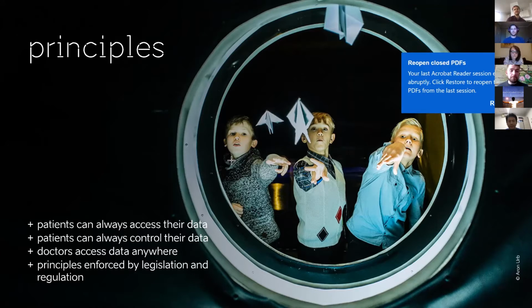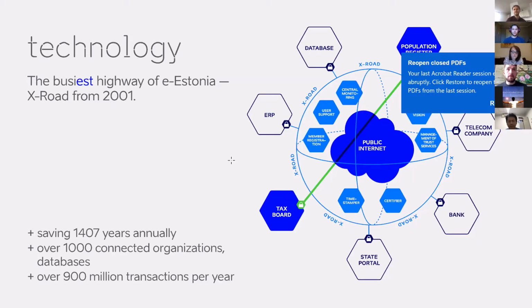And once you have these principles in place, only then would I recommend actually looking at the technology that will enable you to meet those principles, because technology shouldn't be something that you do in and of itself. It should always be there to help you meet your goals. And in the Estonian case, there are three technologies that I just like to stress, because without them, we wouldn't have an e-state, we wouldn't have an e-health system.